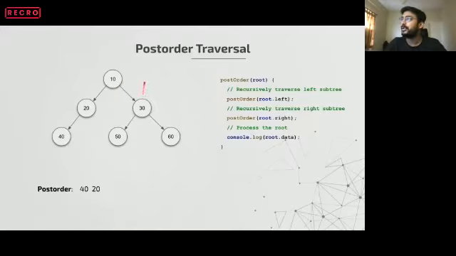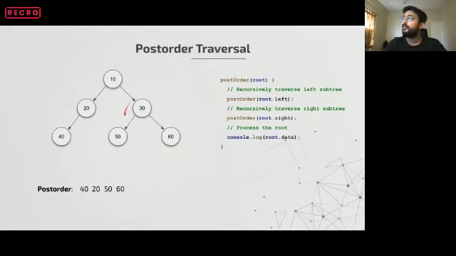Now the new root becomes 30. So 30, still we cannot process it because it's a root and we have not processed the left child and right child of 30 yet. So we go to 50. So our new root becomes 50. 50 does not have a left child and right child. So we process 50. Okay. Now 50 is done. We go back to 30, but we cannot process 30 yet because its right child is still unprocessed, correct? So we have to process 60. So 60 is our next output.